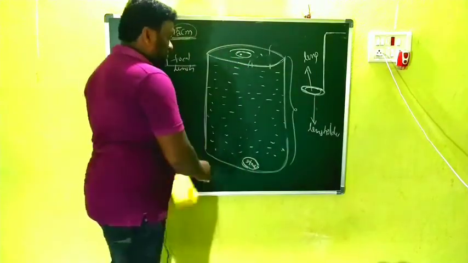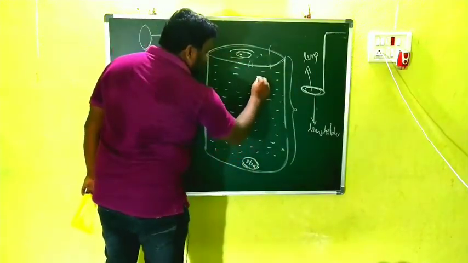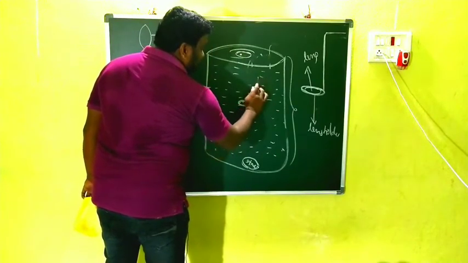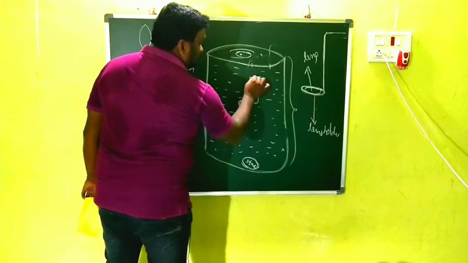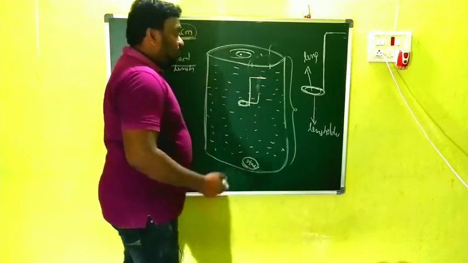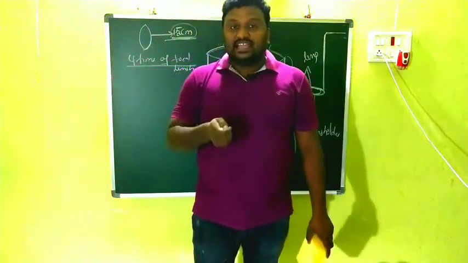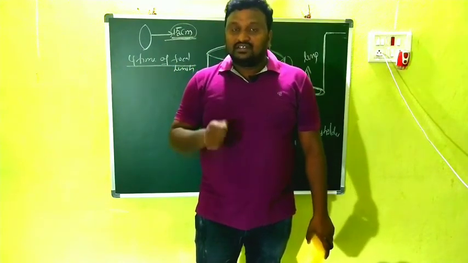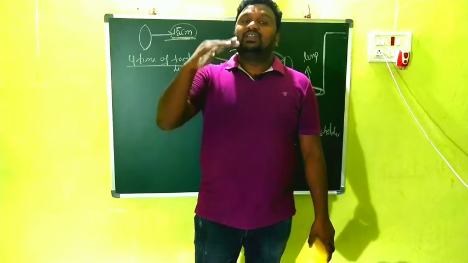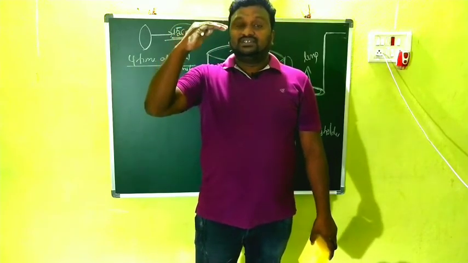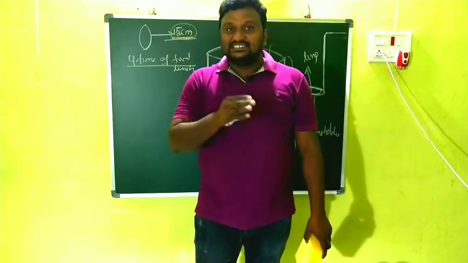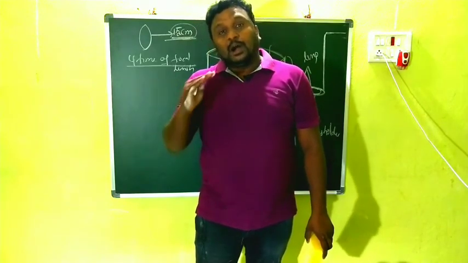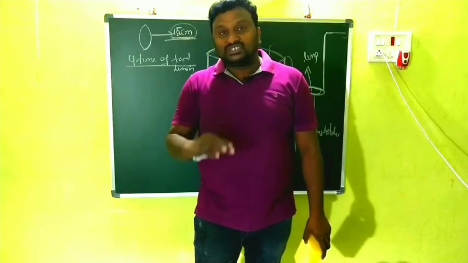Now the location should be changed, and we have to keep the lens holder there. So again we are keeping the lens holder inside, and every time we have to check whether we are able to see or not. So again we raise it to some level. Here one thing to note: when the vessel is empty, up to 15 centimeters only we are able to see.